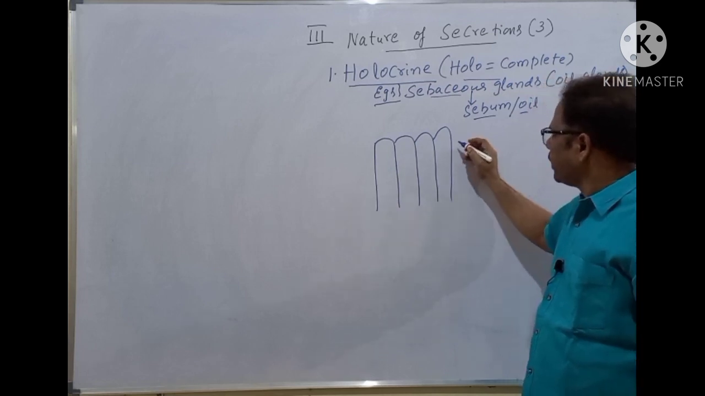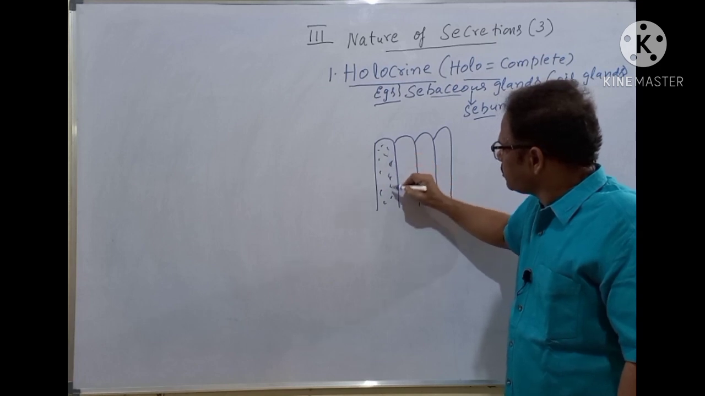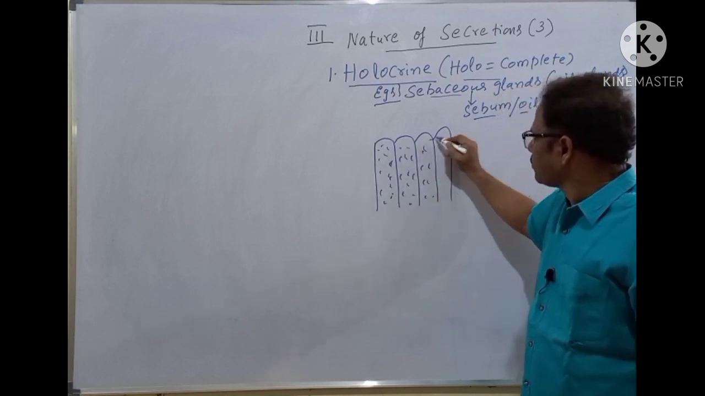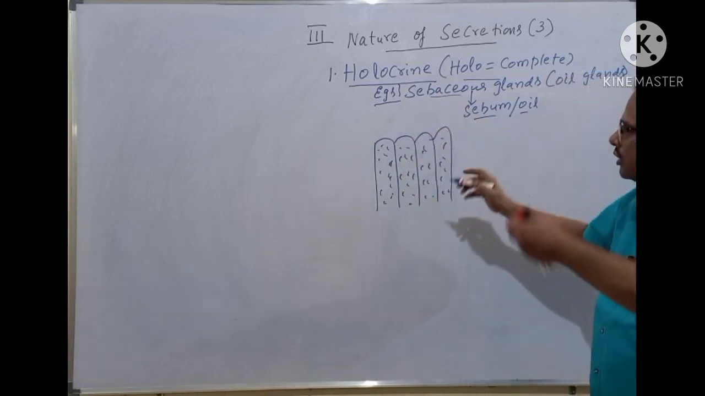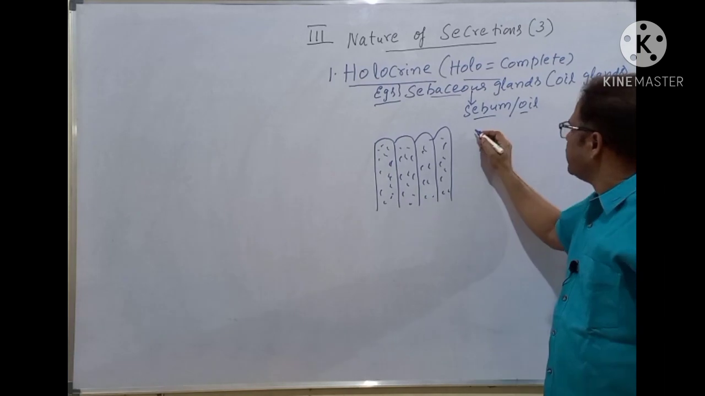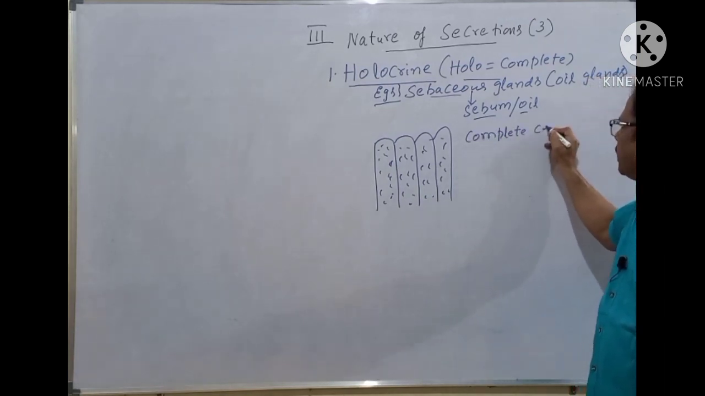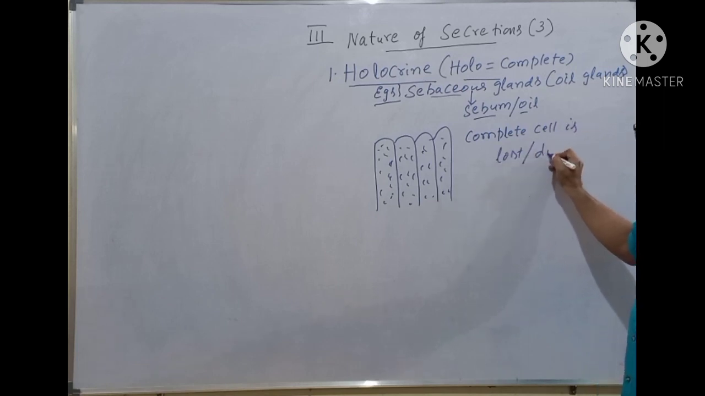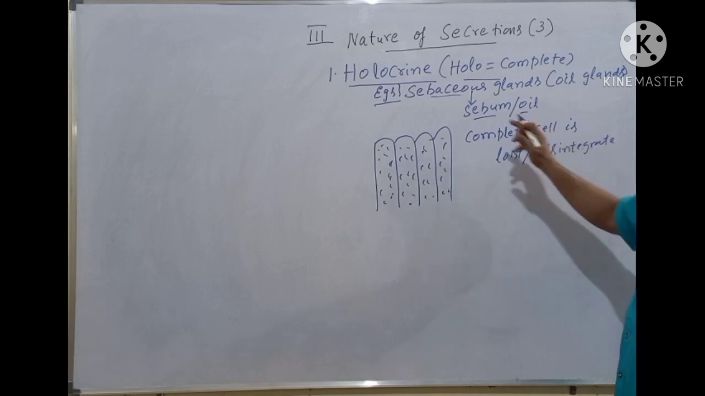So this is a holocrine gland. These are the secretions. During the secretion of holocrine gland, the complete cell is disintegrated. Note on this point, complete cell is lost, that is disintegrated during the secretion of